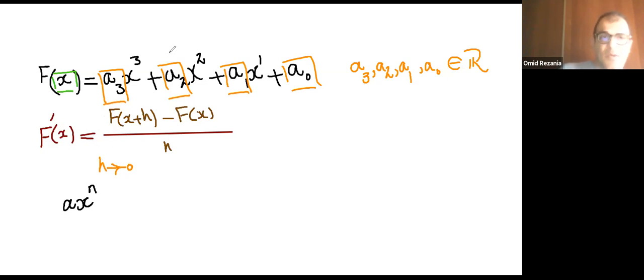When you want to find the critical points, and when you're looking to find the f prime of the x, if you say that my f of x is going to be this,